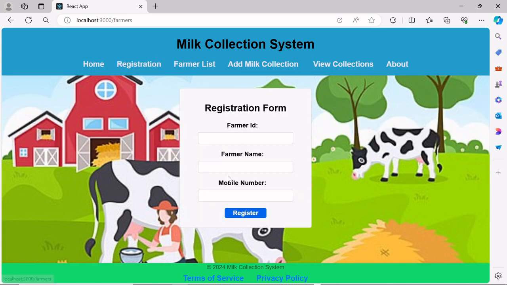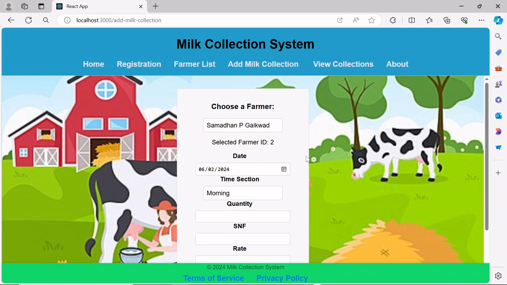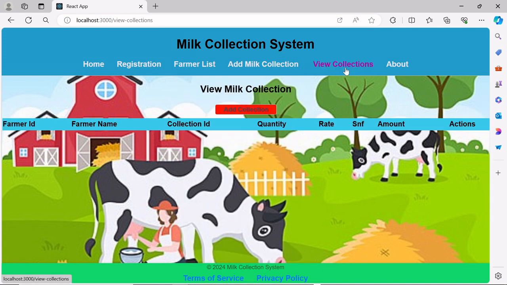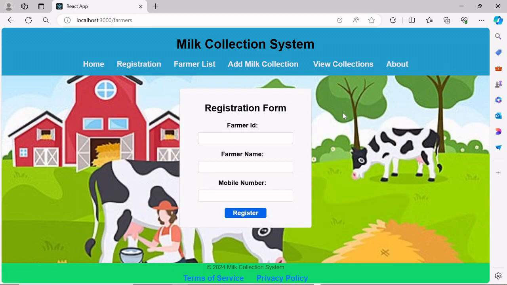Here is the registration of farmer, and there is a list of the farmers, and here we can add collections. Next we can view collections, and this is the about page. So this is a front-end application, and this React application consumes APIs.